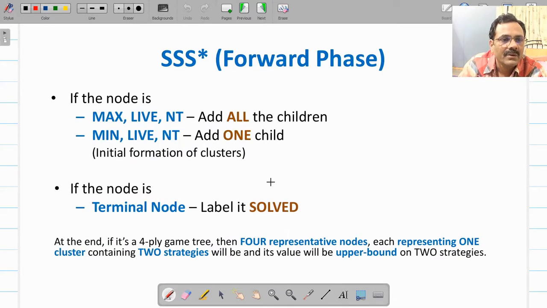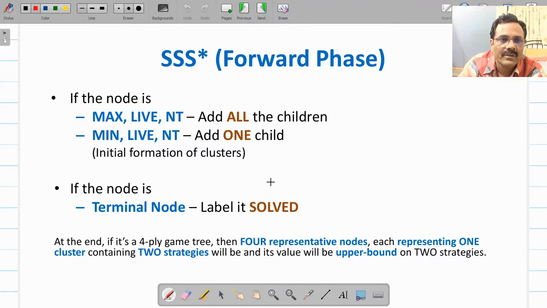You will have to find 4 representative nodes in such a way that they represent all the clusters of strategy, because it's a 4-ply game tree, and you will be finding nodes in such a way that they represent all the strategies.